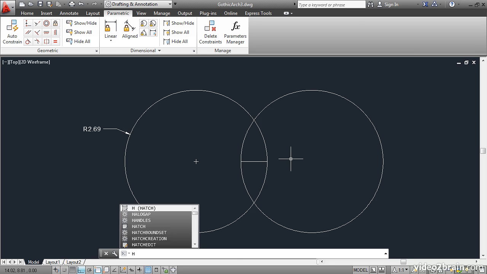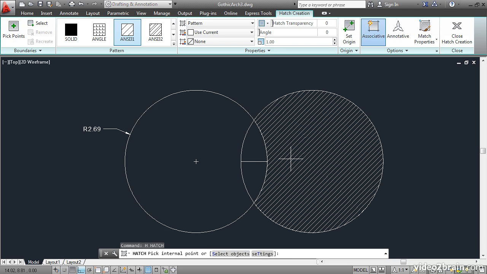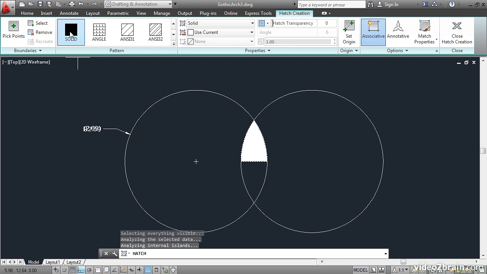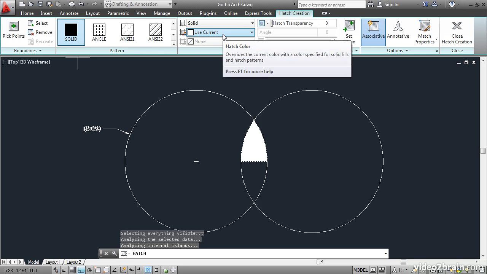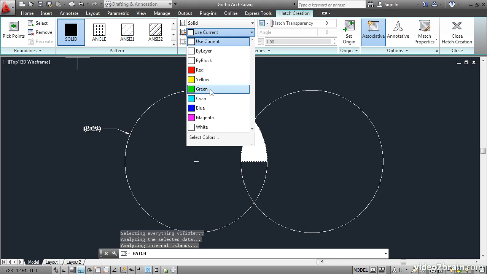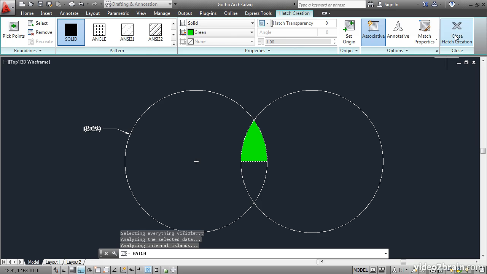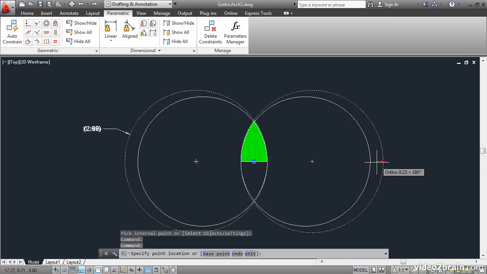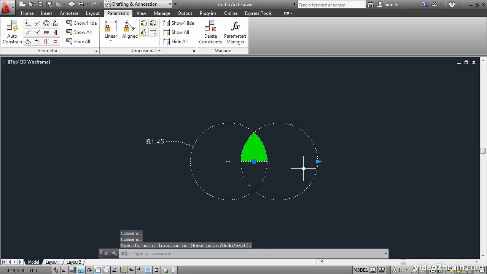Press H and press Enter to execute the hatch command. Click in this area and change the pattern to solid. Change the hatch color to green and click Close. Now let's go ahead and edit this again, select it, and move the grip. The hatch pattern is associated with the dynamic block, so it automatically changes its shape as we adjust the shape